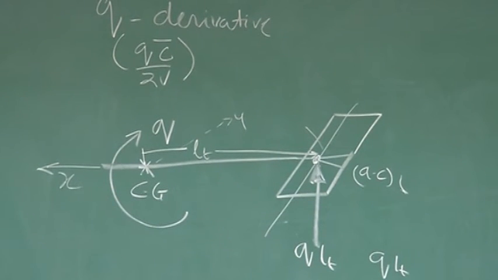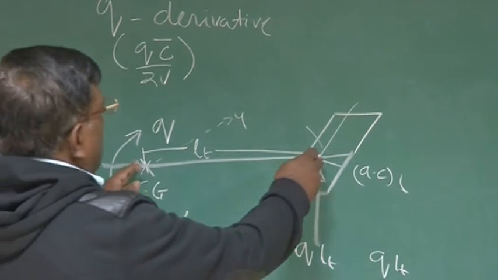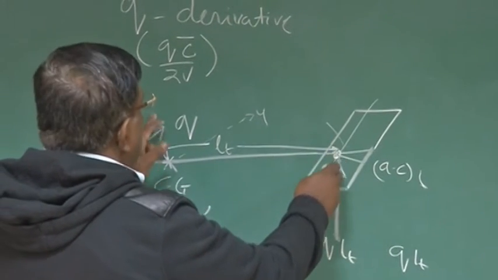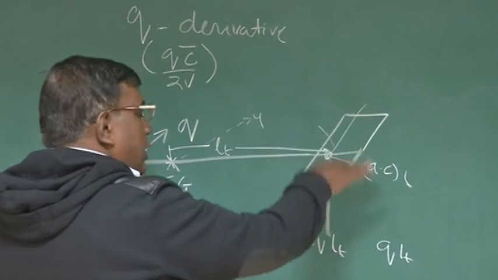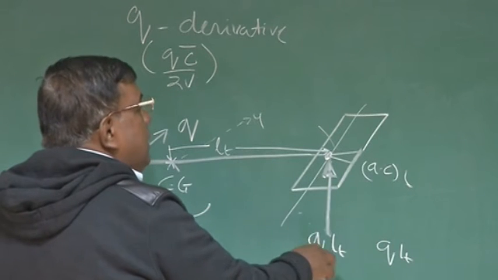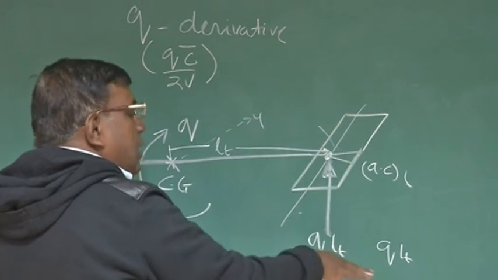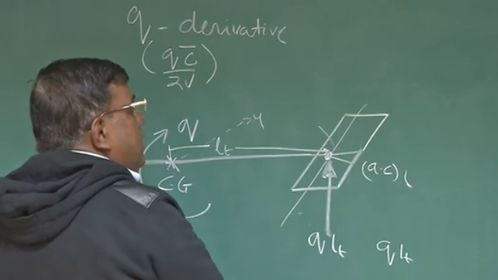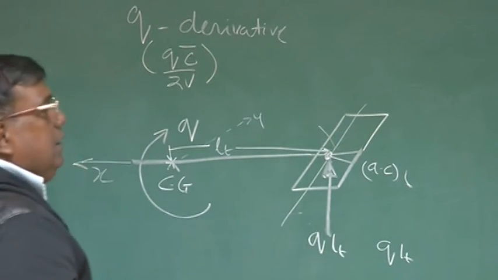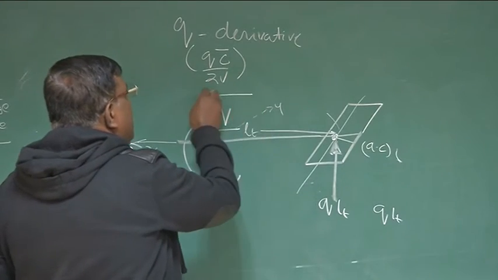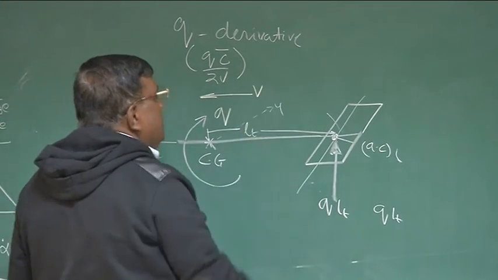I repeat again, as this airplane is rotating with Q about CG, this tail is going down with a speed Q LT, especially the AC of the tail. And since the tail is going down like this, I can say relative air is coming with a speed Q into LT. Remember, this airplane is moving also with a speed V. So